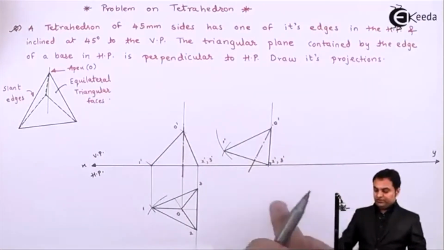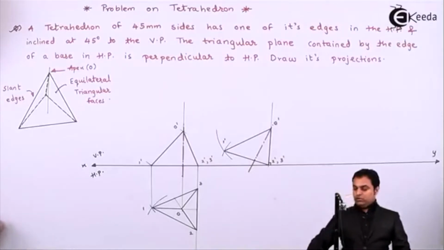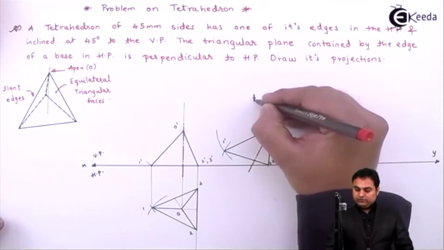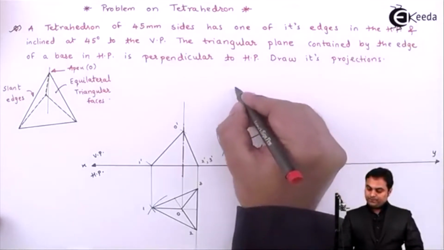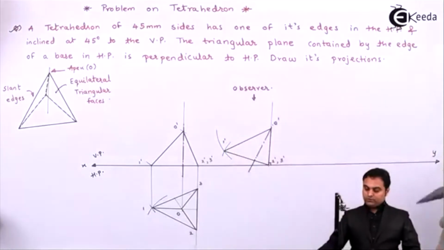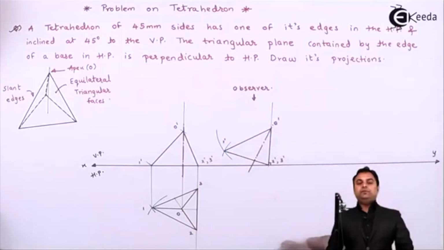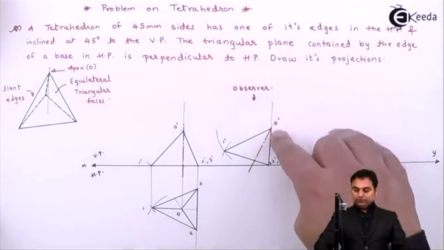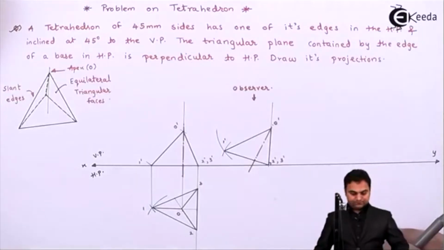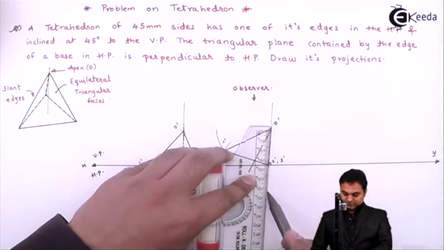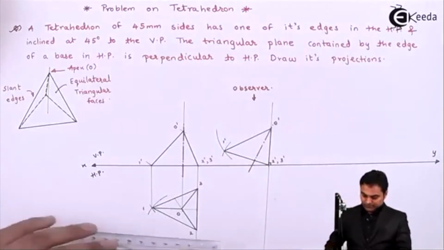So this is the tetrahedron in the front view. Now I'll draw the top view for it, and for the top view, the observer is at this location. As an observer, those points would be projected first which are closer to the observer. So looking from the top, O dash is closer. Projecting this line light vertically downwards.